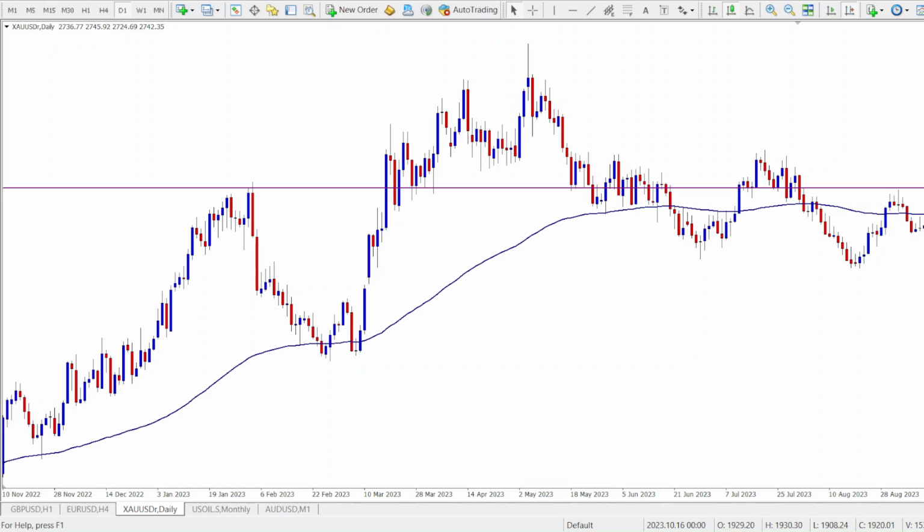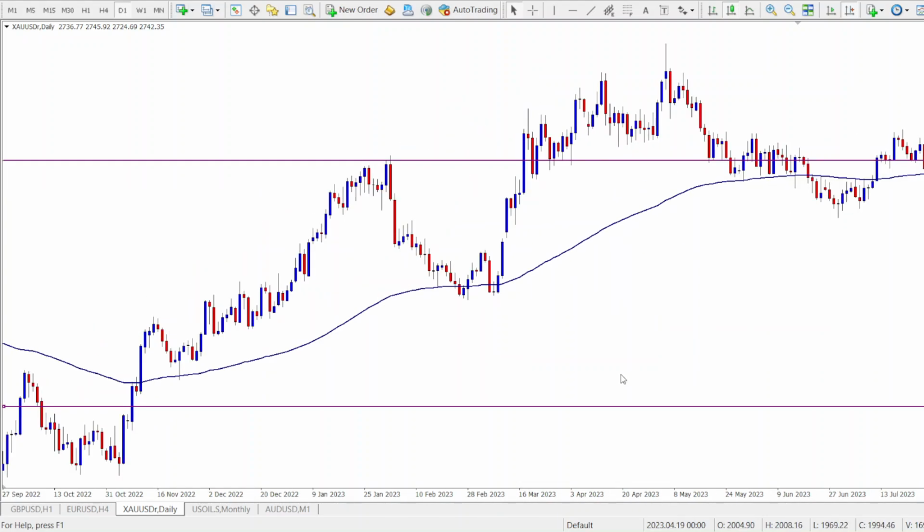Okay, so this is a classic way that traders use the 100 moving average for trend continuation setups or trend reversal setups, basically for trading in the direction of the trend. Okay, all right, but what about when price